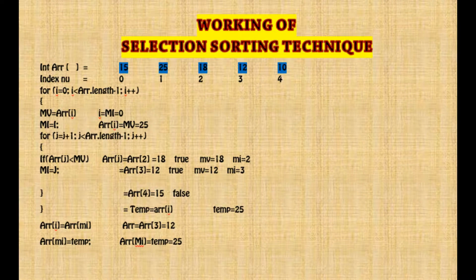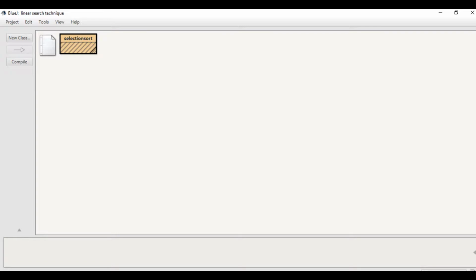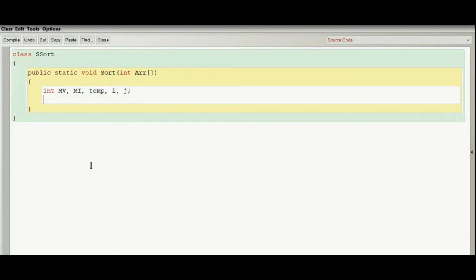So it is false. I will create a class called SelectionSort. Instead of taking inputs using Java, I will take int arr as an argument. Let me create the variables int i, then mi, then temp, and also j.